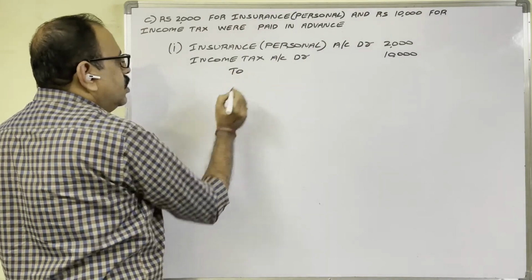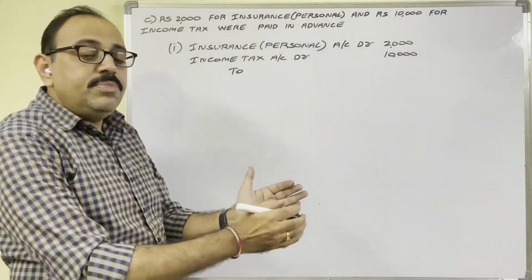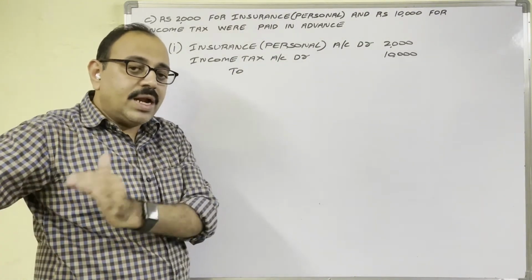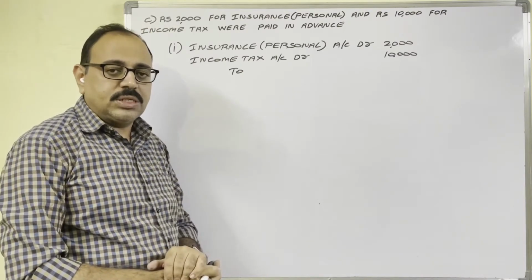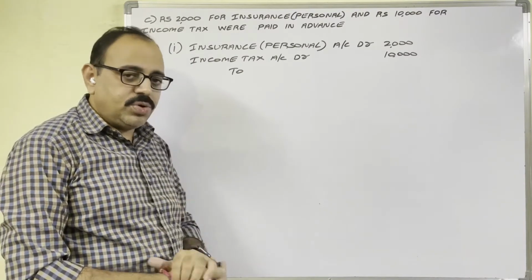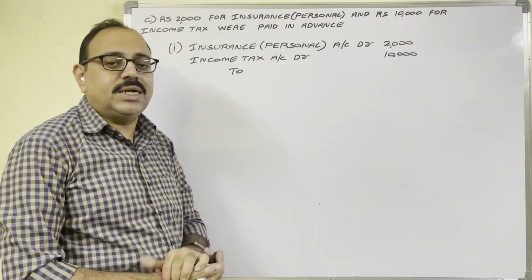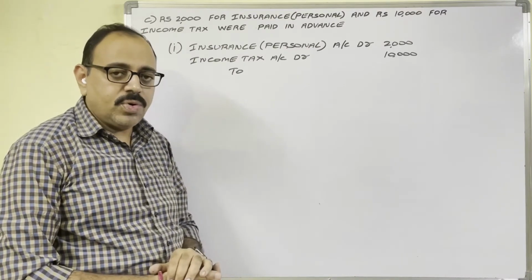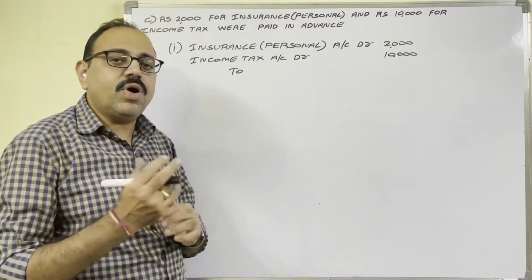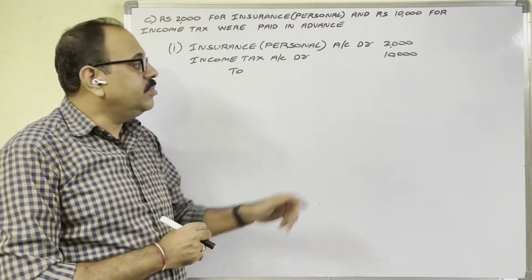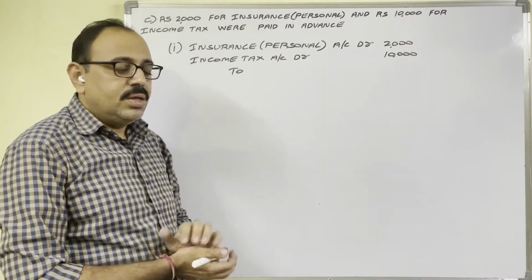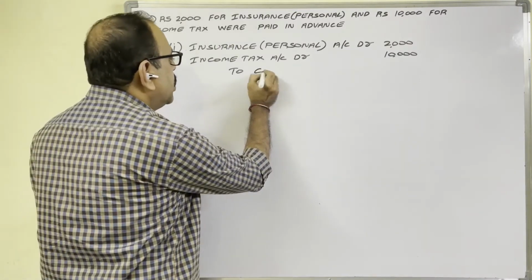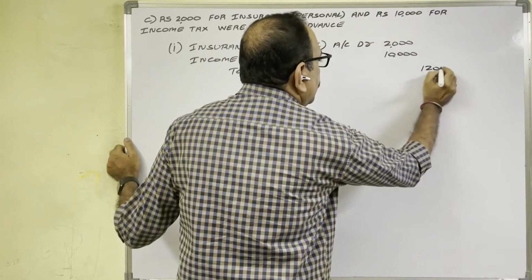2. From the firm he is withdrawing the money, and with that amount he is meeting these two expenses. So from the firm cash is going. Cash is an asset. Assets come under real account. Real account rule: debit what comes in, credit what goes out. From the firm 12,000 cash is going. Therefore we should credit cash account 12,000 rupees.